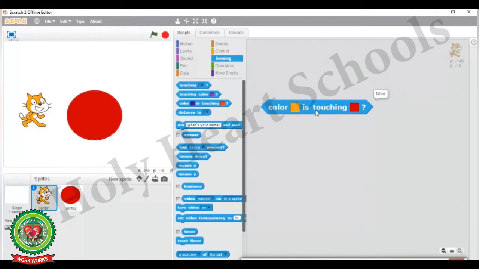Now see the change. If our cat sprite touches this red colored sprite and I double click on this block again, it will return true because now the yellow colored sprite is touching the red colored sprite. This is the function of the "color is touching color" block.